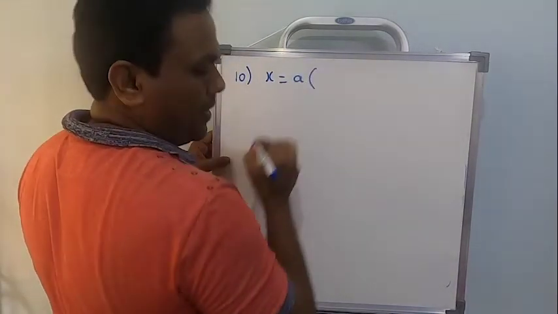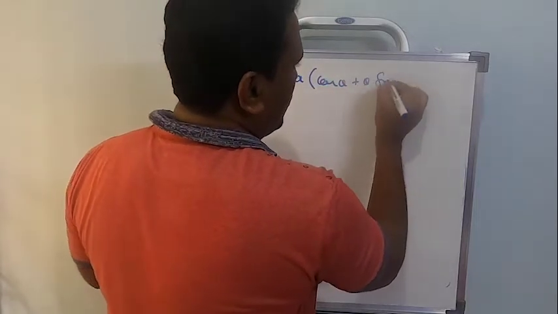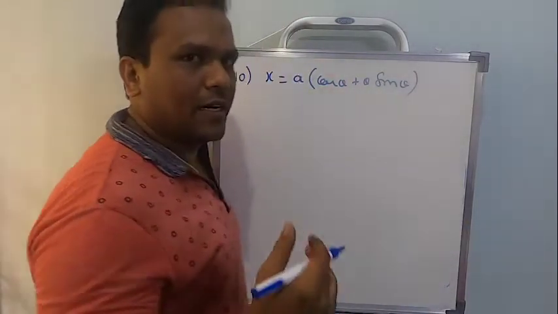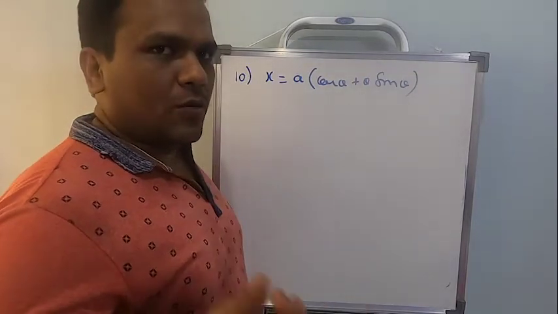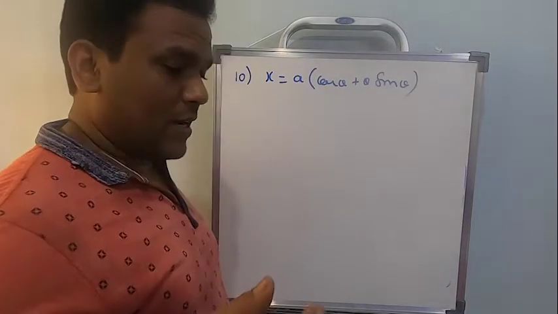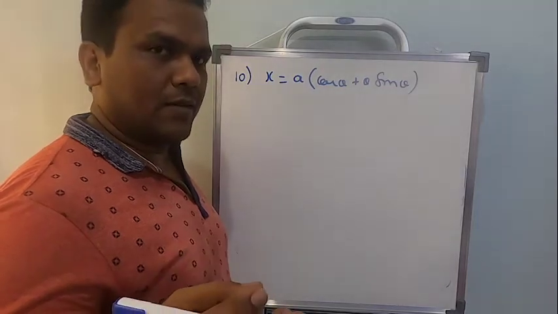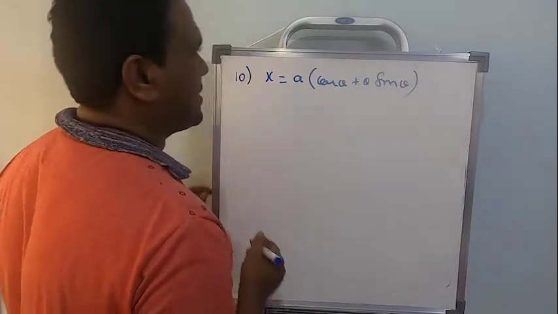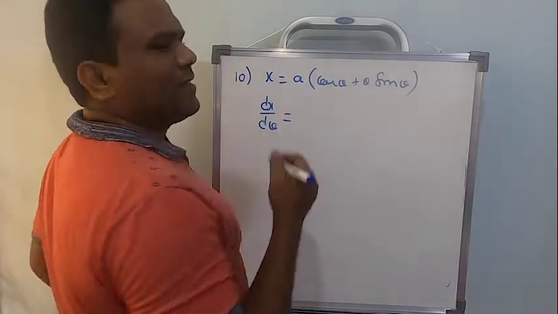x equals a multiplied by cos theta plus theta into sin theta. I will take one at a time. I will later take it as the y value. The next 2 problems are quite important, right? Okay, the last 3, in fact, problem number 9, problem number 8, 10, 11, are most often repeated in the examination. So let us differentiate. I will tell you why this is important.